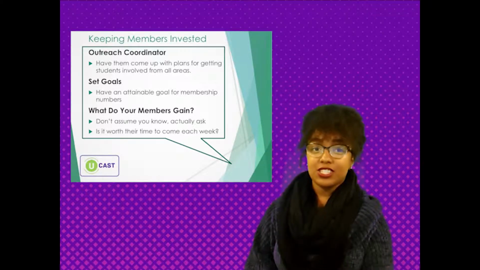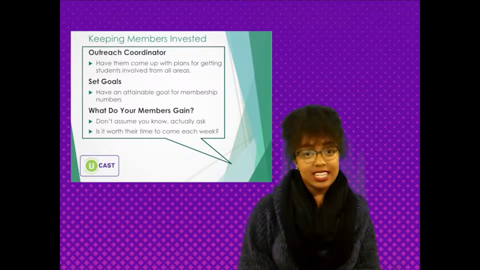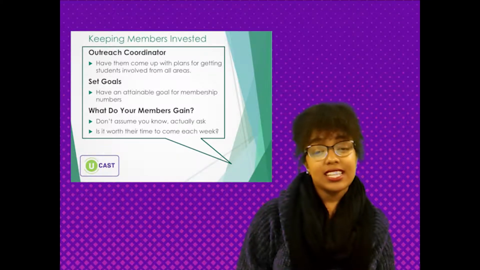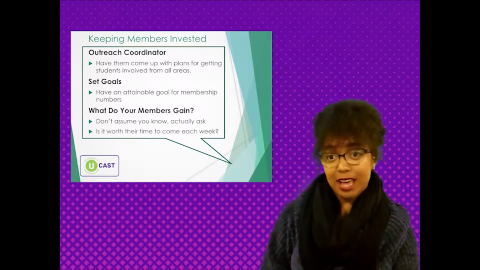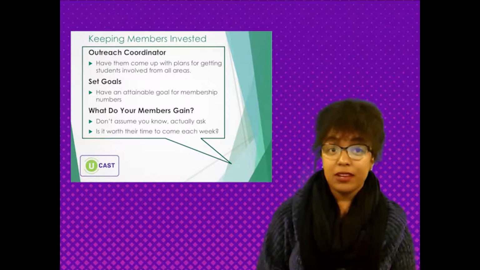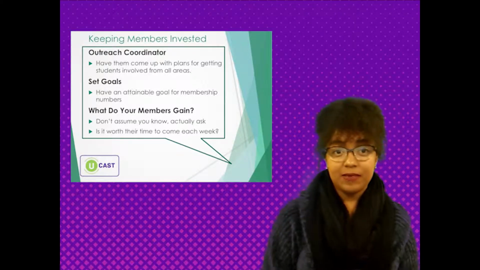However, a model that is usually successful is assigning the role dedicated to contacting as many students as possible in a manner that is attention-grabbing and stands out from all the other things happening on campus every day. That person's role could also include making sure your general membership knows not just how to join, but why.